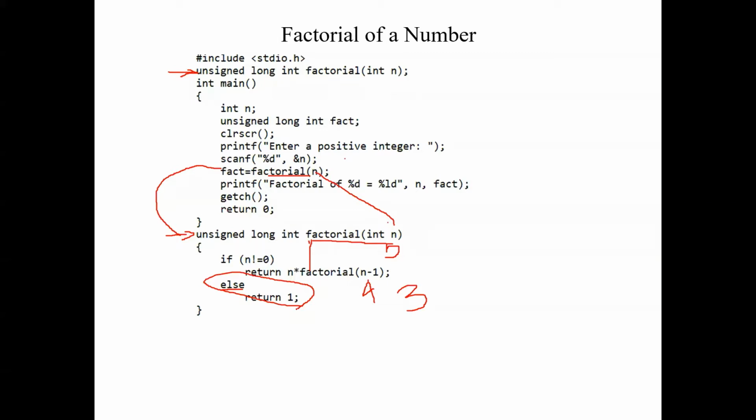So this is why we are telling that this will be the base criteria. They may ask you one question about the base criteria. As I told in the second point, we are moving towards the base criteria. Initially, n value was 5, then it was 4, then it was 3, then it was 2, then it was 1, and then we moved to 0. So when it is 0, the base criteria is met, and it will be exiting from the recursive function call.